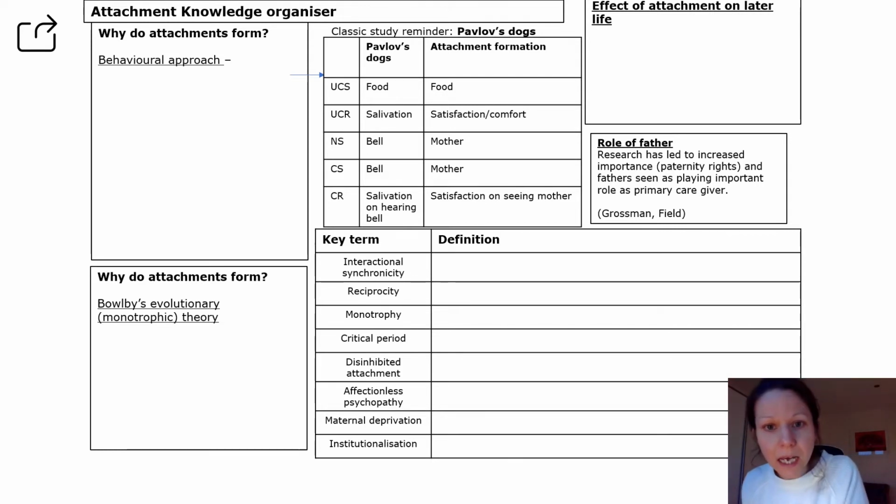So your retrieval task is blanked out sections of your knowledge organiser, and I would like you to do it. Obviously, I wouldn't expect you to recreate the exact format. If you've got a printer, great, but if not, it's more important that you're just recalling what you can on those blanked out areas. So Bowlby's theory of why attachments form contrasted with the behavioural explanations or the learning theories